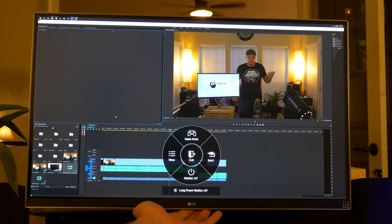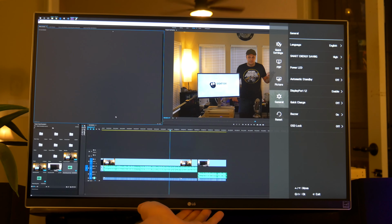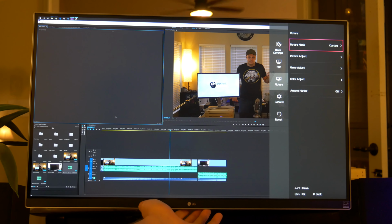So basically you pop it up and you get this kind of four-way direction. And if you go over to the left, you pull up all your main settings under your menu: your quick settings, your PBP, your picture, your general, and reset all. So if we go to picture, for instance, and we go down to game adjust, this is where we